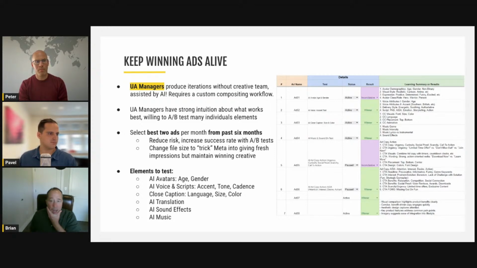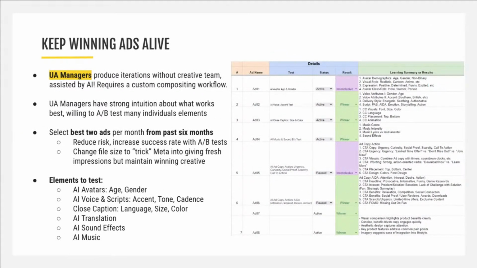All right. I have two ideas here. One of them is selfishly, I would love to be able to empower UA managers. And that means extricate them from the creative flow, give them tools that they need so they could sprint. UA managers are unique. They deal with minutia all day long and they kind of revel in it. They do extraordinarily well with it. So the idea here is at the very bottom, what if we took all of these AI components, AI avatars, AI voice and scripts, closed caption, translation into multiple languages, sound effects and music, and you treat them as an